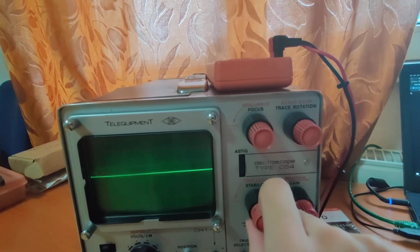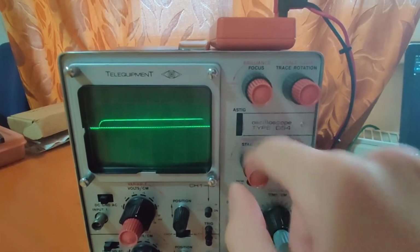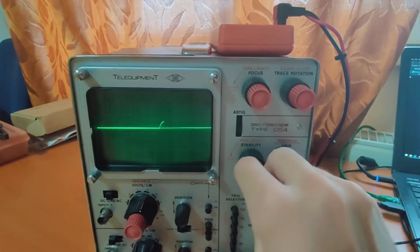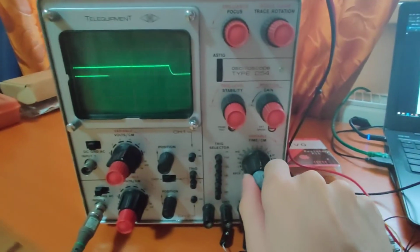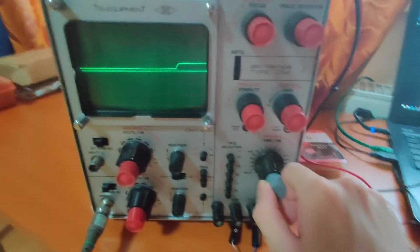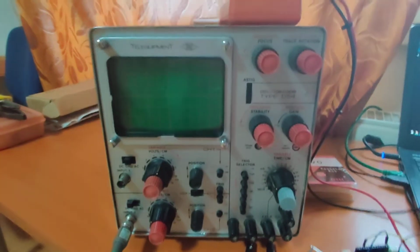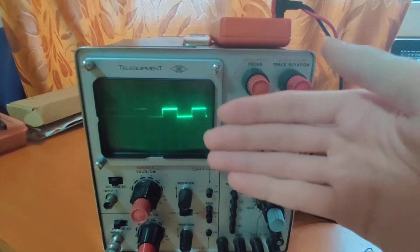Greater stability. I do not actually know what I'm doing with these knobs. I've been playing around with them and have a small bit of intuition of what each one does. The names are sort of explanatory, but I don't know how to properly use them. But in any case, we can see the square wave over there. And that's how you'd normally use an oscilloscope, right? You plot the voltage of a signal over time